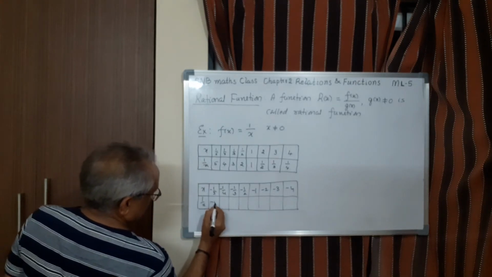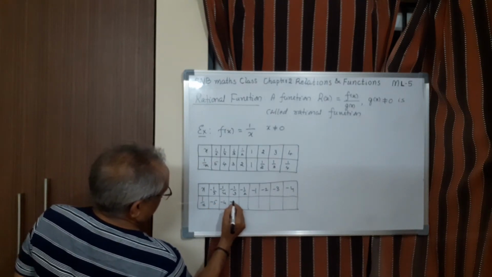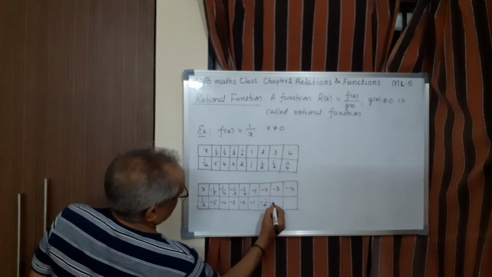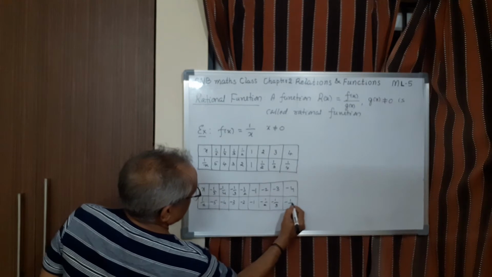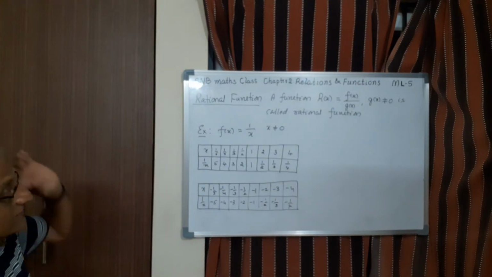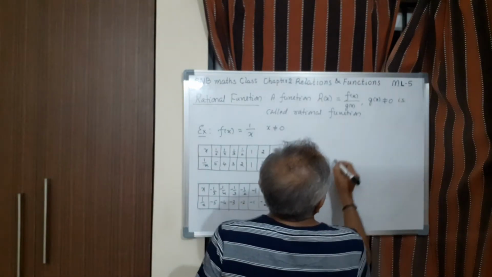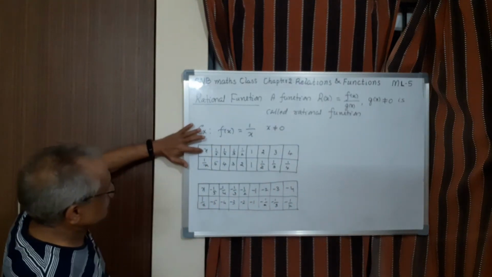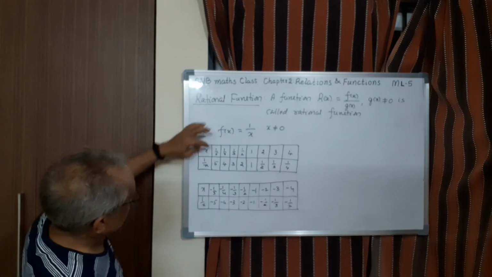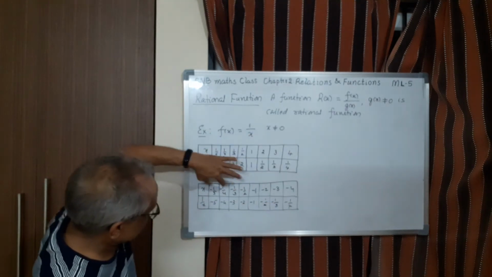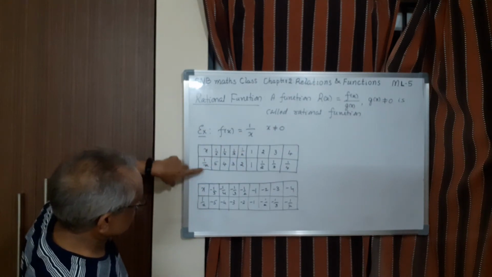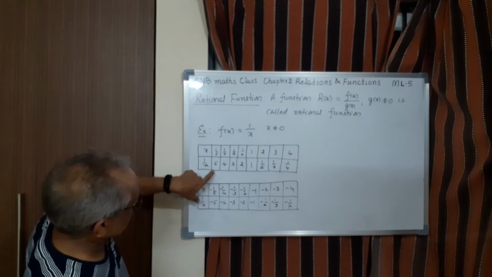It becomes minus 5, minus 4, minus 3, minus 2, minus 1, minus 1 by 2, minus 1 by 3, minus 1 by 4. Now it is easy to visualize the graph, easy to locate the points also on the graph. So let us take now. See, the maximum value which we take is 4. Here it is minus 4, and therefore the value you can take 4 and minus 4 or minus 5. Then here for y axis it is minus 5 minimum and maximum is 5.